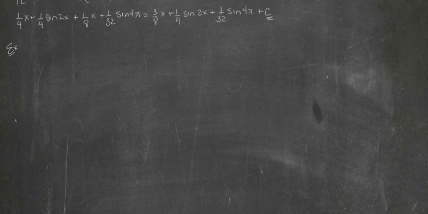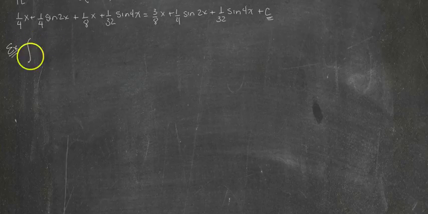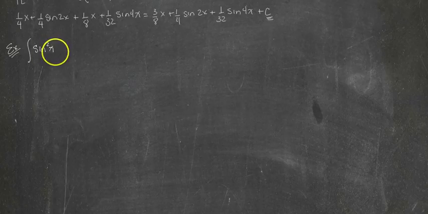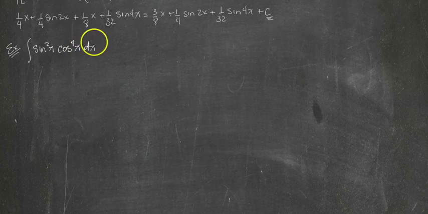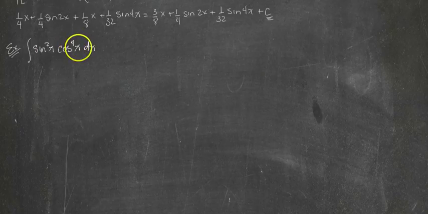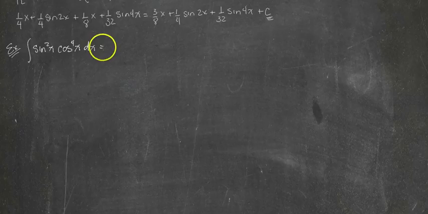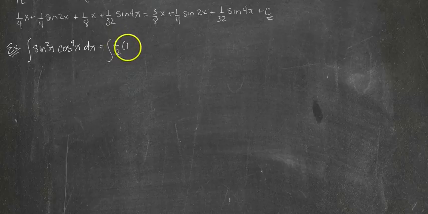I think I won't go into great detail about substitutions and algebra, but I'll take you through the steps. So we want to find the antiderivative of sine squared of x times cos to the 4th of x dx. And in this case, we're looking at 2 is even and 4 is even, so we want to use the power reducing form of the identity. So if I rewrite this, the sine squared of x is just 1/2 times 1 minus cos of 2x